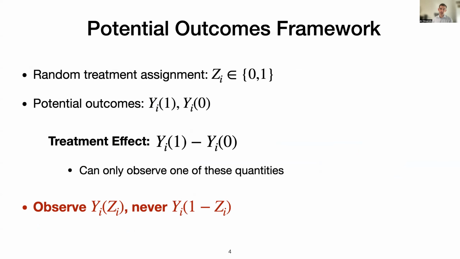To be able to concretely write down these counterfactual states of the world, I'm going to use what's known as the potential outcomes framework. This framework defines what the outcome would have been had we used a particular treatment option for the individual. For each unit, we're going to randomly assign a treatment denoted by Z, which is either 0 or 1. You can think of this as either A or B. And we're going to have potential outcomes Yi(1) and Yi(0) denote different counterfactual states of the world. We're interested in the difference of these quantities, but we can never observe both at the same time. If we observe Yi(Zi), we can't also observe Yi(1-Zi). In the OR and ML literature, this is also sometimes called bandit feedback.